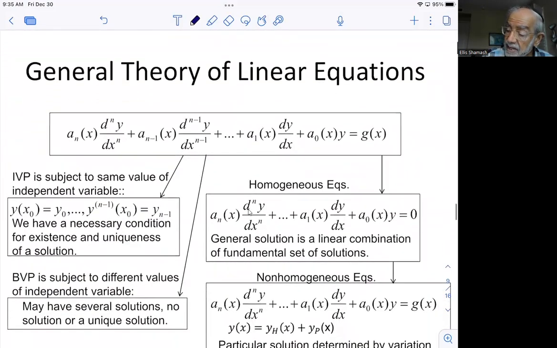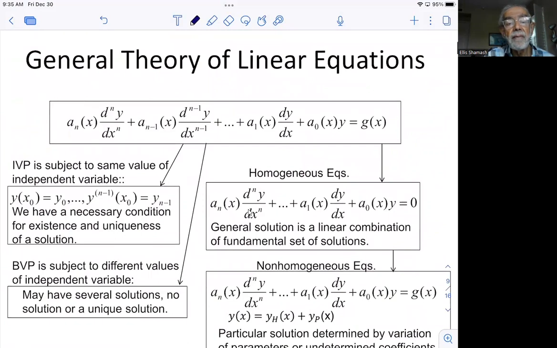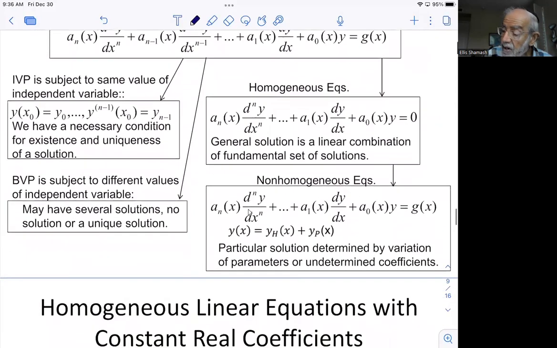So in the general theory of linear equations, what we're talking about is having a set of derivatives of nth order with multipliers in front of them that may be a function of the independent variable, and then equal to not 0, but some function of the independent variable. And how can we solve that? We can say some general things about it, and we can say something on how to solve homogeneous equations, and we can say a little more when